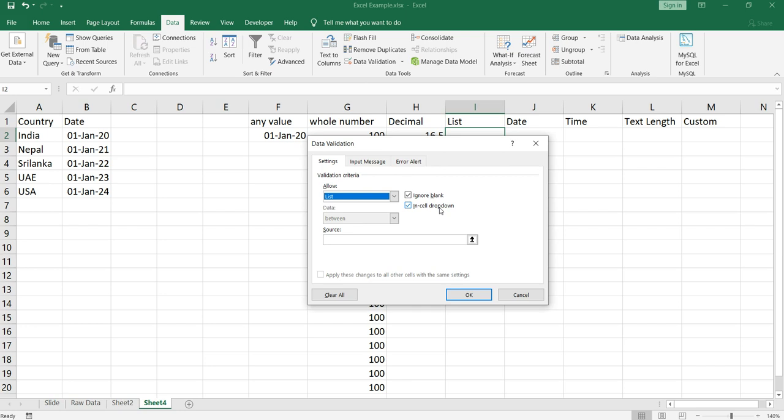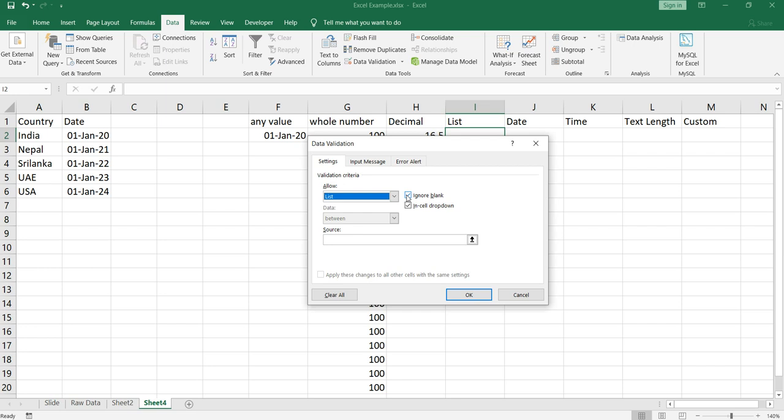If you want the user to select a country from a drop down, or select your data attribute from a drop down, then you can use this list option. If I do not want to ignore blank cells, then if your data has any blank row, it will also show at the top of your drop down list.